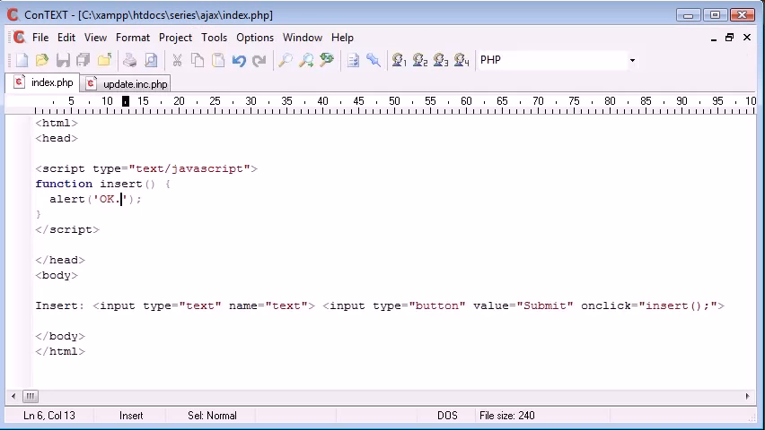Now let's try and access this text value here. So I'm going to create a new variable called, let's say, text value, and that's going to equal getElementById, and that is text dot